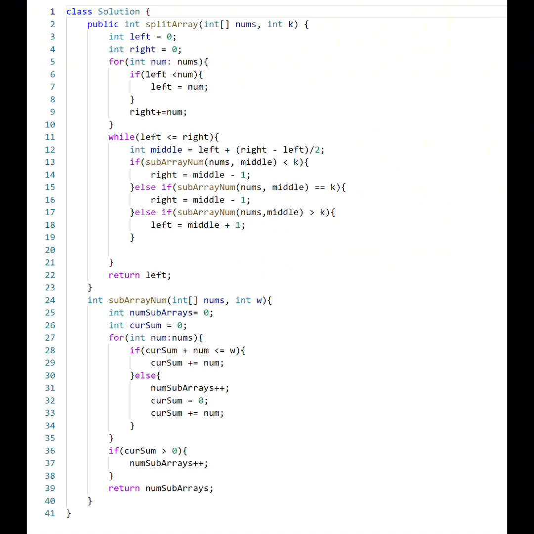And we also need to write the binary search in the main function. Obviously, we make the judgment using our function, and based on the function we move the right and the left pointer, and at the end we return the left. And the time complexity is big O of log of the sum of nums as well, and the space complexity will be big O